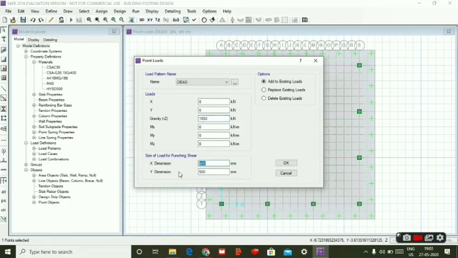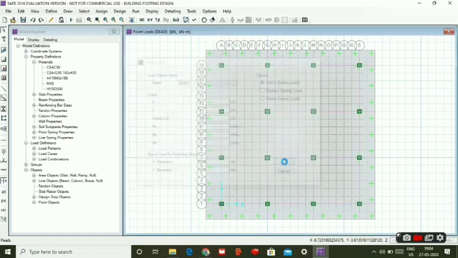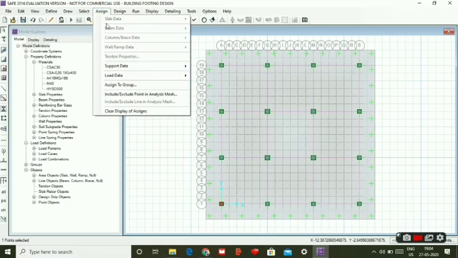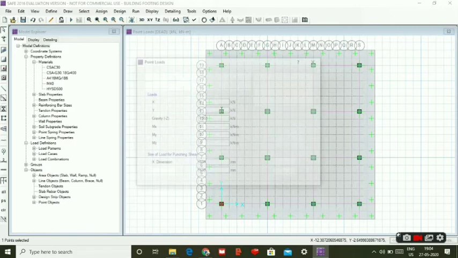Don't forget to change the dimension to 500 into 500. Click on OK now. Here you can see that the dead load has been applied to the column. Now for live load, again select the same column and select Assign, under which select Load Data and select Point